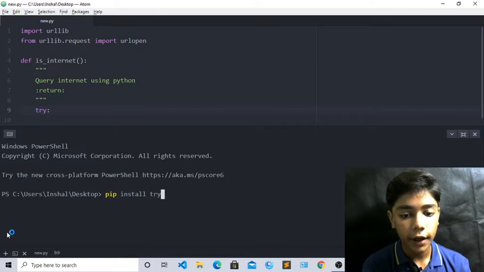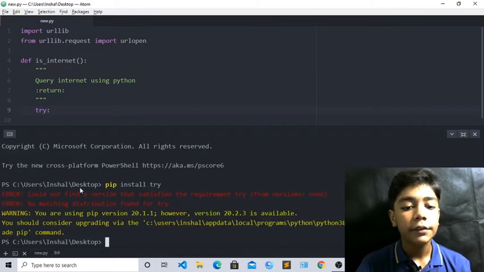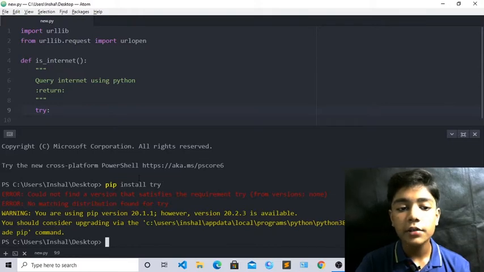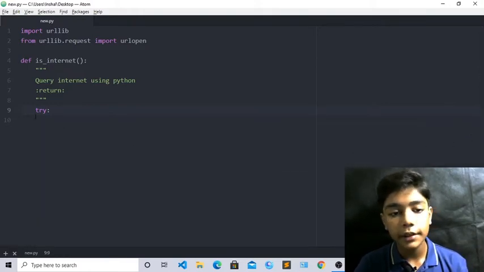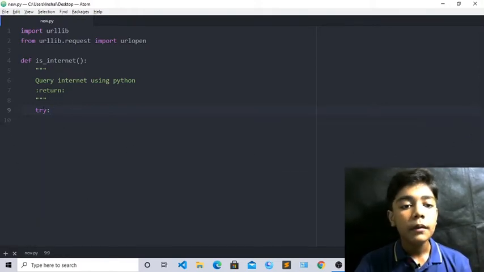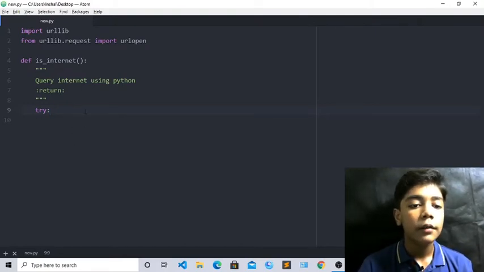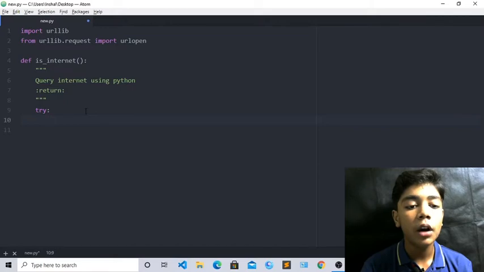Okay, sorry, try here. Now you can see that when we have written it, an error is also coming because we have already downloaded it, and it does not have a latest version in pip install try. Try is only one version, like I told you in the previous class also. Okay, now when you have done this try version, first of all press enter here again. Now on the new line we will write URL.